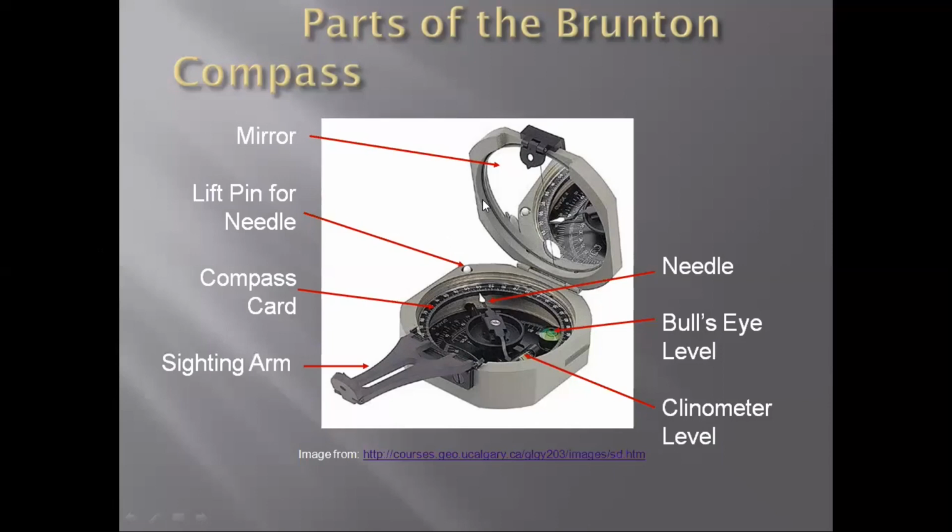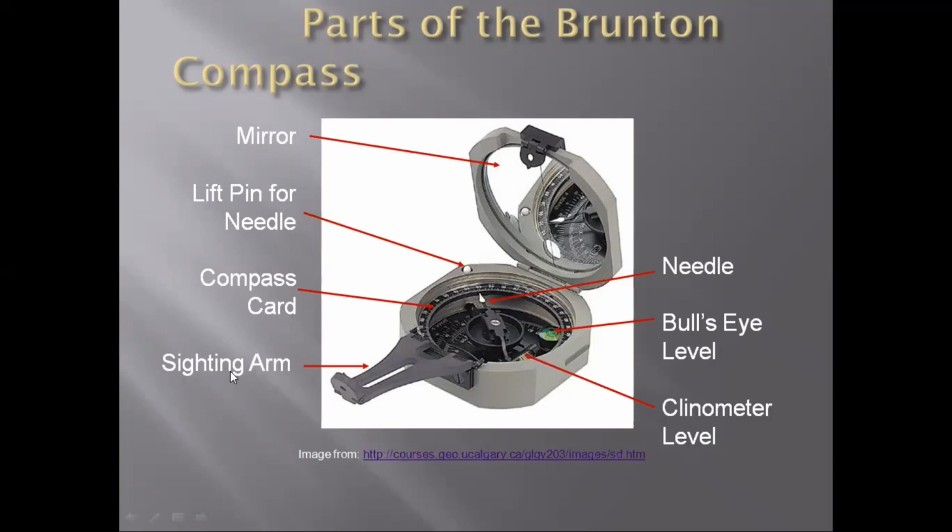You can see here that there is a mirror that is normally used when you are trying to measure the bearing of a rock. Then you can see that there is a pin in the form of a needle. Then we have the compass card. This one, the dial, that you can see is 360 degrees. Then we have the sighting arm, which I said we normally use for calculating the bearing.